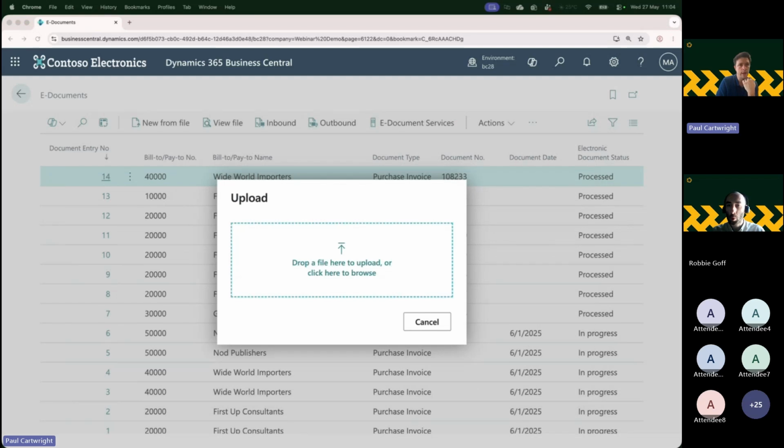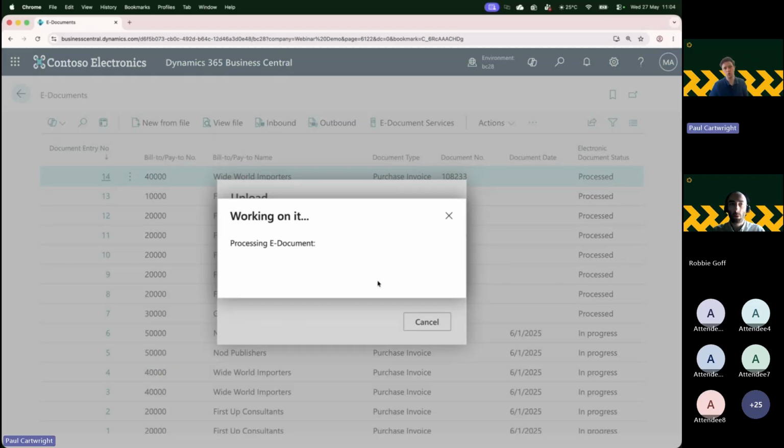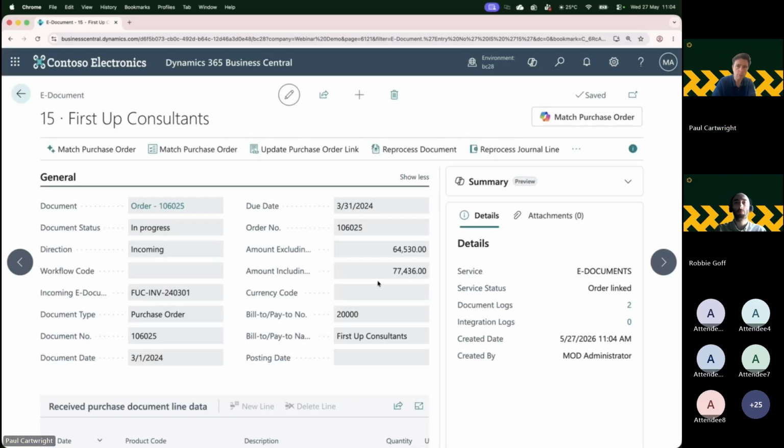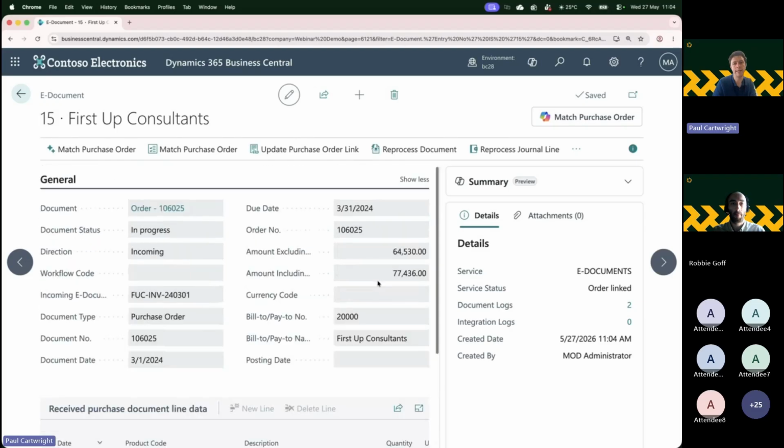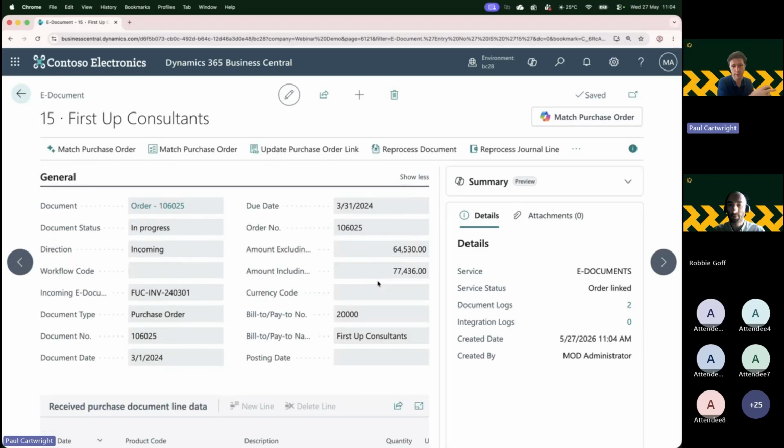If I can grab it from over there, come over here. So I drop my file in. None of this is magic. This is just normal e-document stuff. So what my file contains is the electronic version of the invoice from the supplier. The task for me as a user is to match that to a purchase order